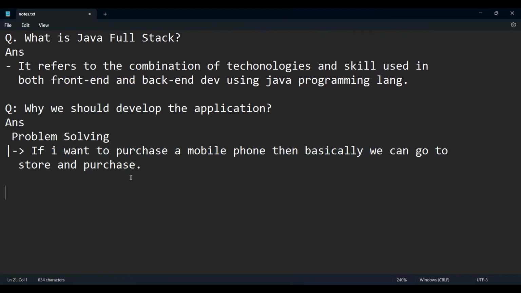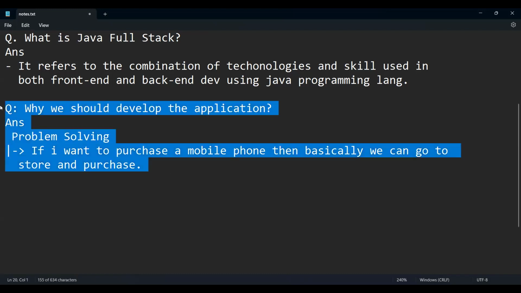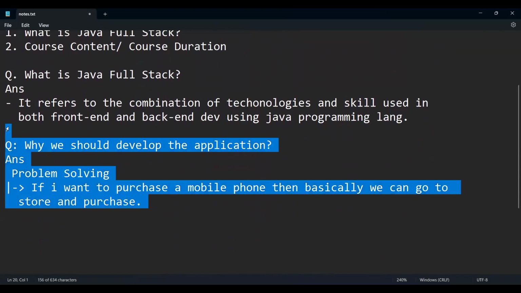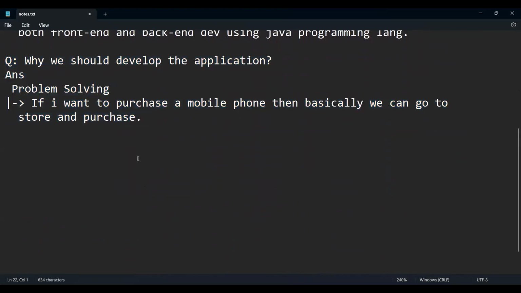We can get the data here. We can do a lot of things, guys. We can make learning and improvement here. We can make applications which help us for gaming also. A lot of things we can do. So majorly, we are solving customer problems by developing the application so that it can help us to simplify things here, right? So majorly, when I talk about the applications,